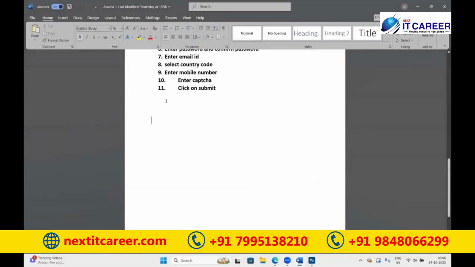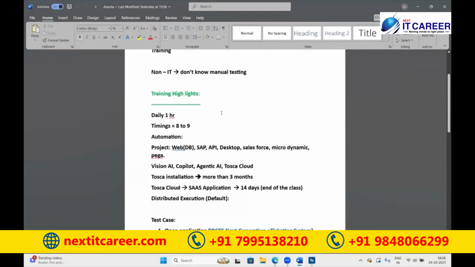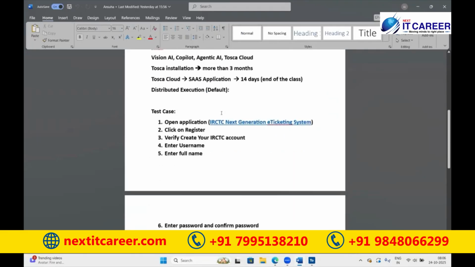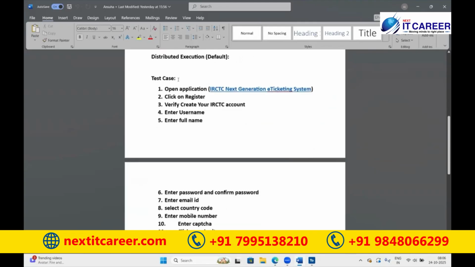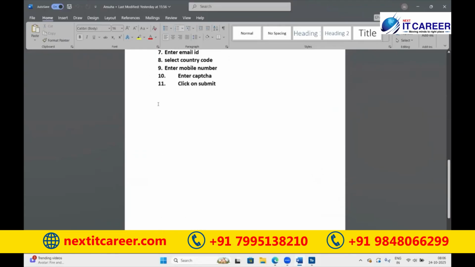So see here, team. Yesterday we had a discussion about Tricentis Tosca benefits and why it is required in automation. Coming to the test case we just automated yesterday using the IRCTC account. Now, this is the prerequisite, team. If you come across a